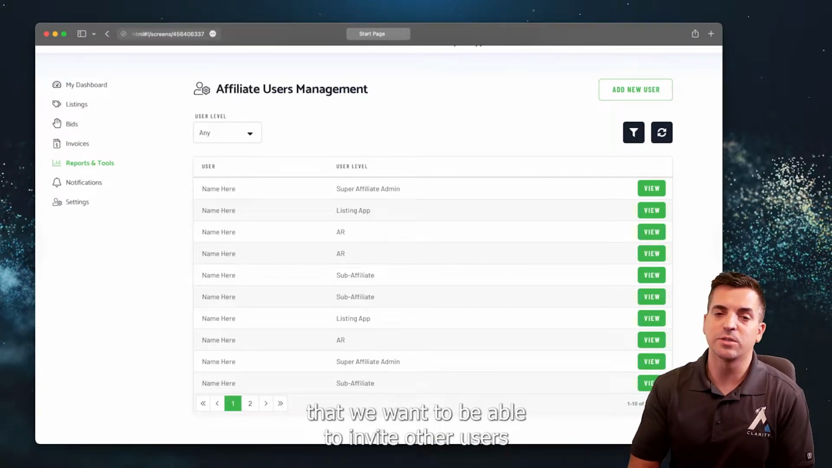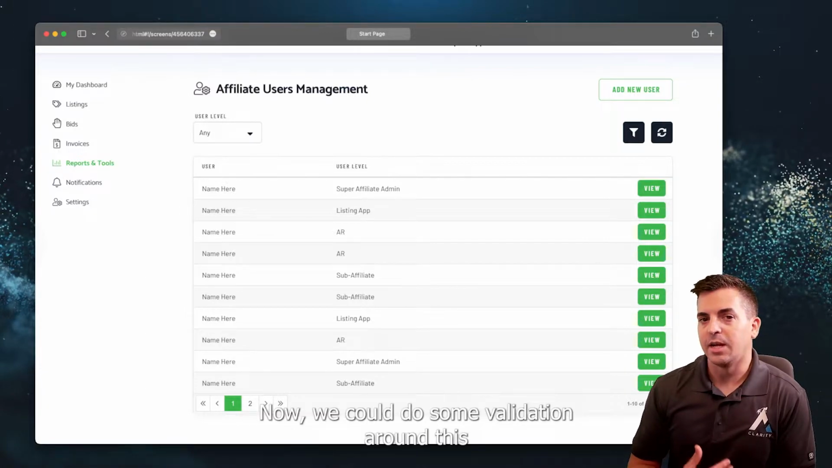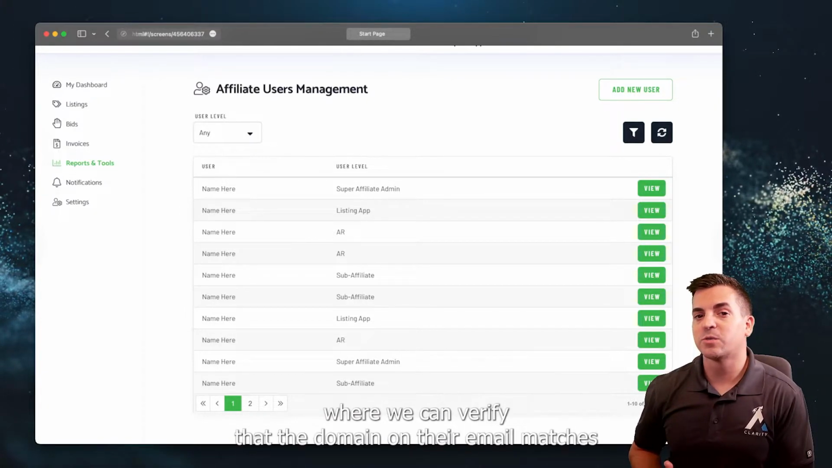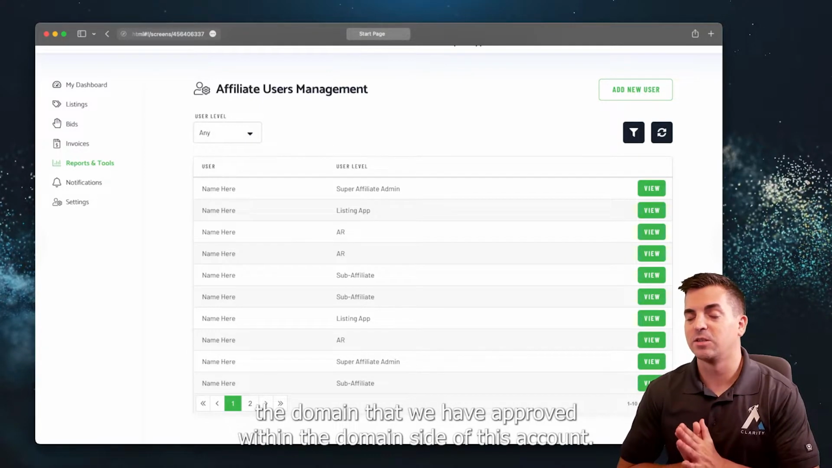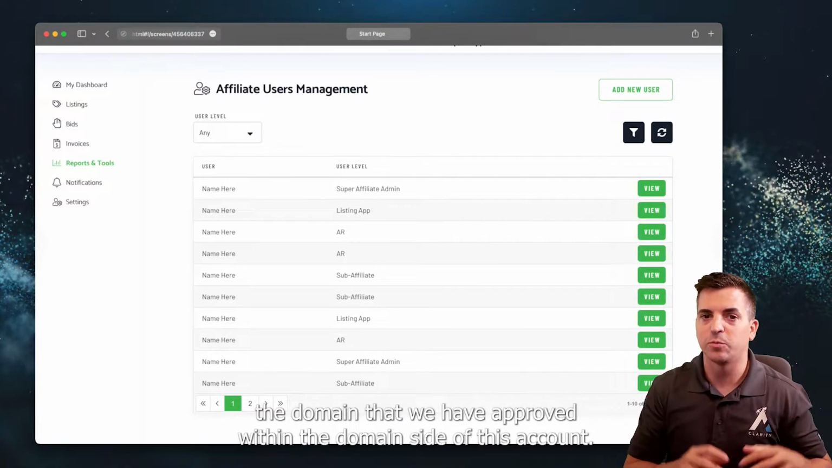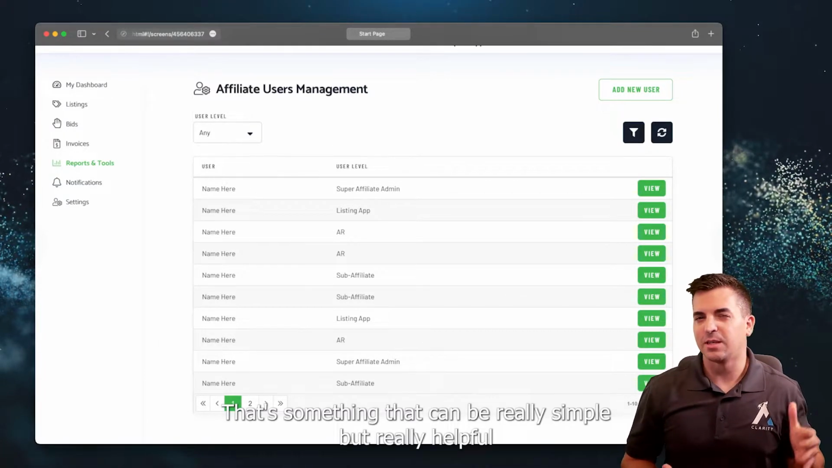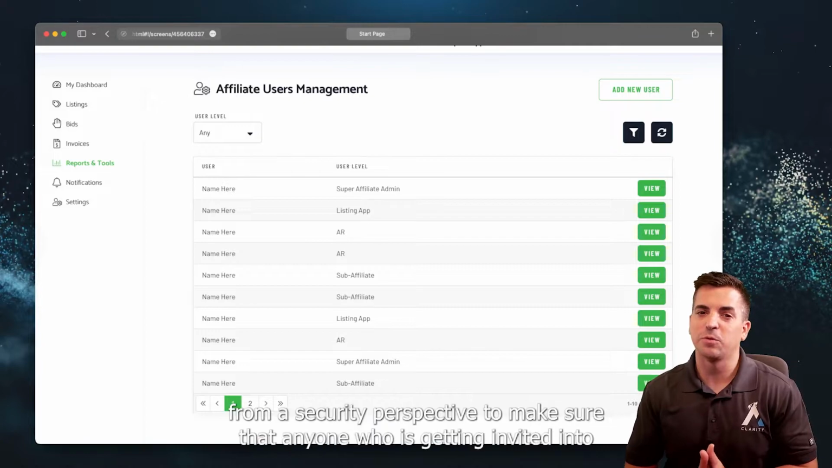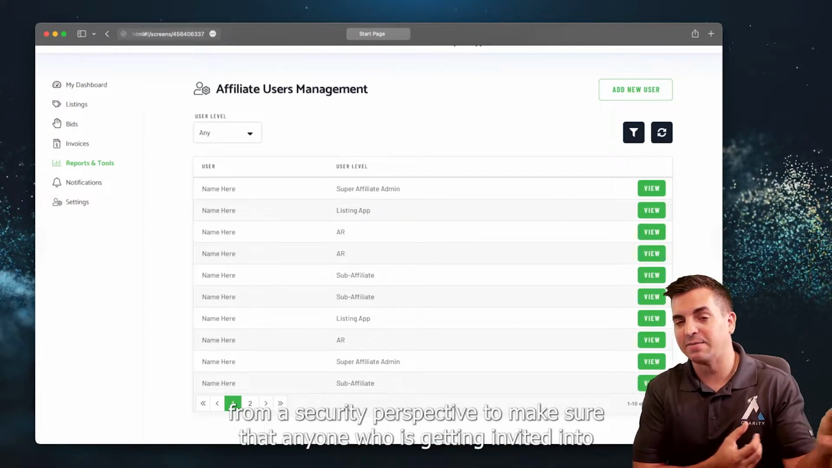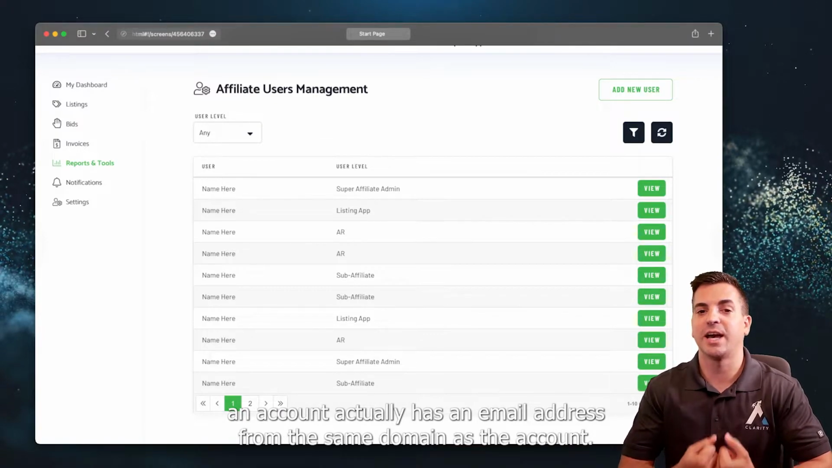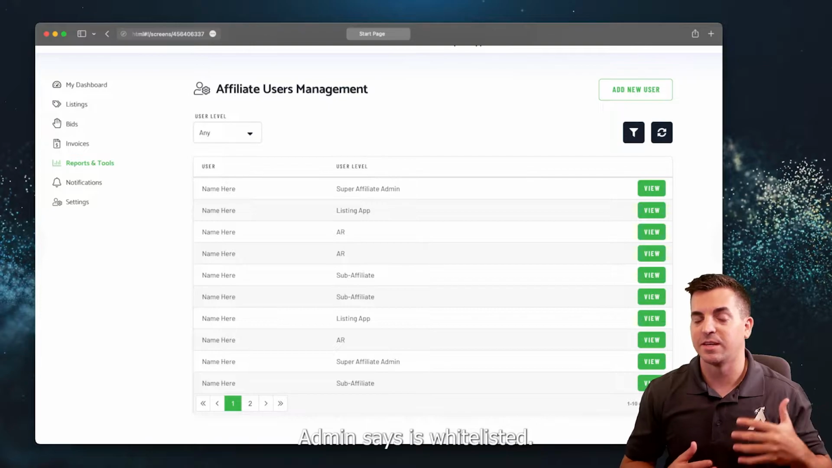Now, this is pretty basic, but the idea here is that we want to be able to invite other users within an organization, in this case, to the platform. Now, we could do some validation around this where we can verify that the domain on their email matches the domain that we have approved within the domain side of this account. That's something that can be really simple, but really helpful from a security perspective to make sure that anyone who's getting invited into an account actually has an email address from the same domain as the account admin says is